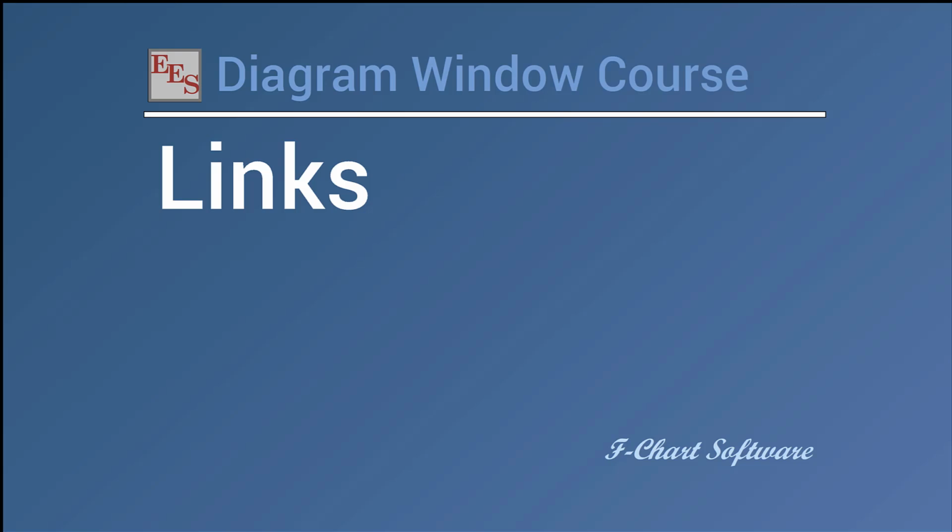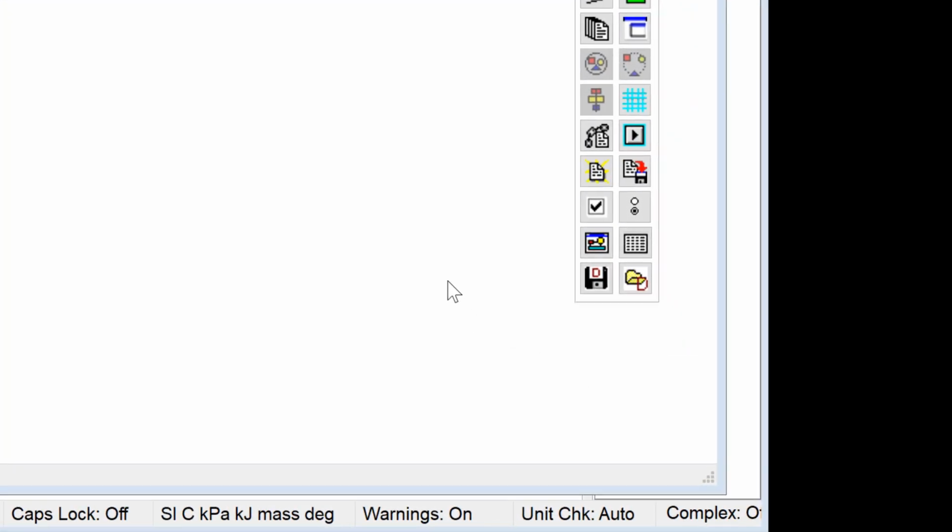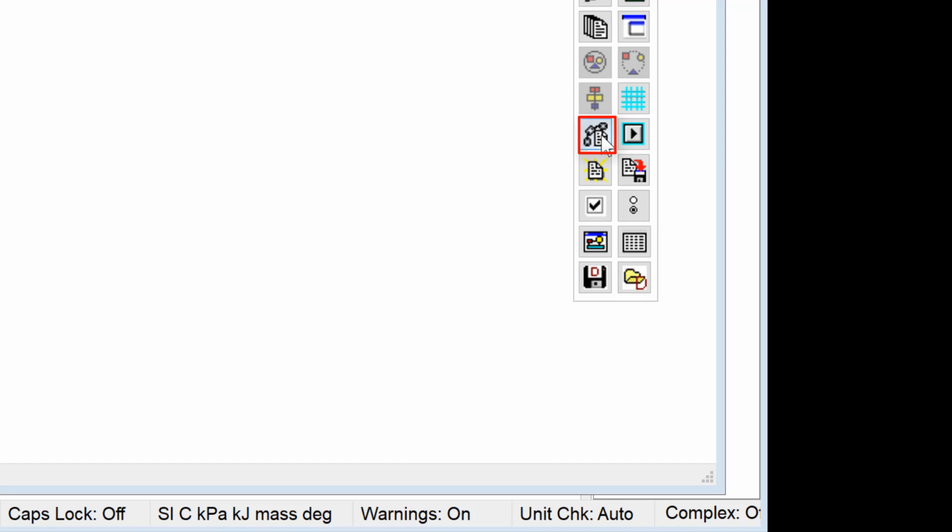So we talked in a previous video about adding buttons to the diagram window that initiate calculation operations like solving a table or carrying out an optimization. Now you can also add links to the diagram window to carry out other useful tasks like starting an external program or starting another EES file. Links can be placed on a diagram window or a child diagram window by selecting the Add Link button here